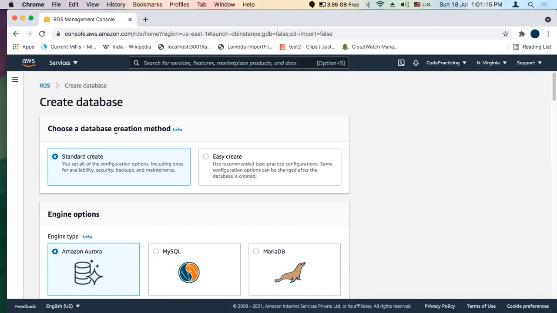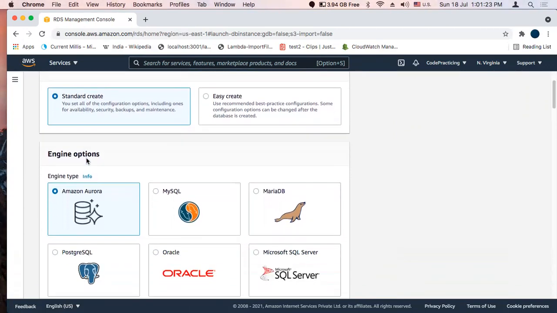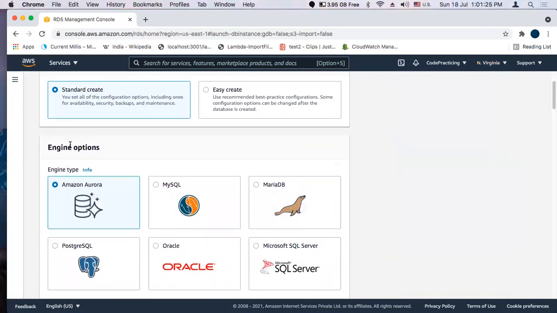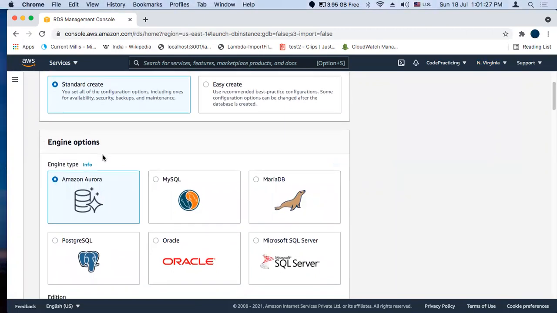Choose a database creation method. We'll select standard create. Thereafter, engine option: we have an option to select our engine type based on our requirement.